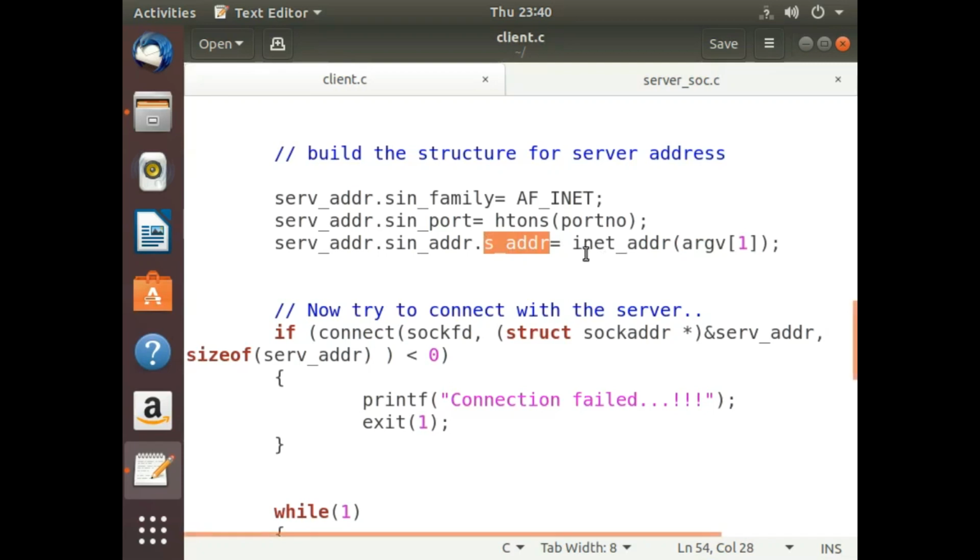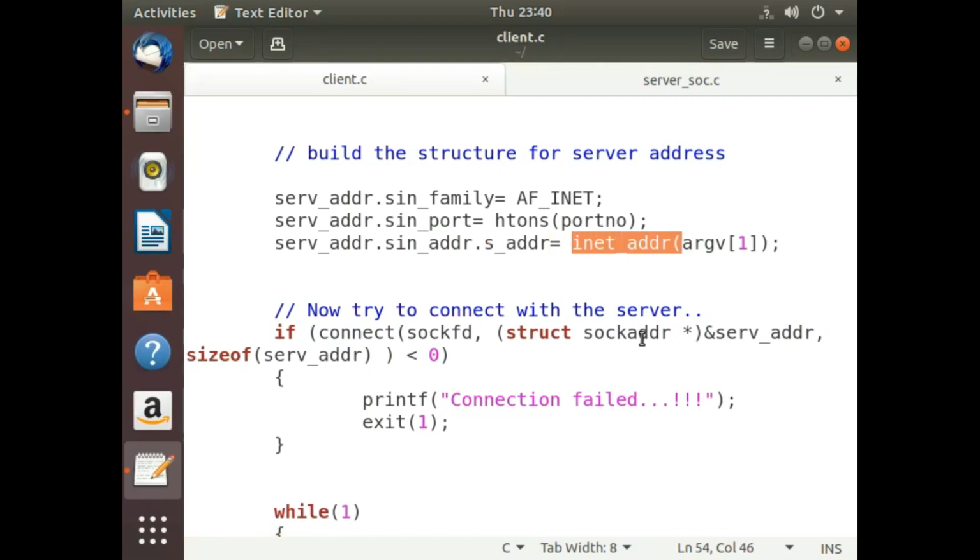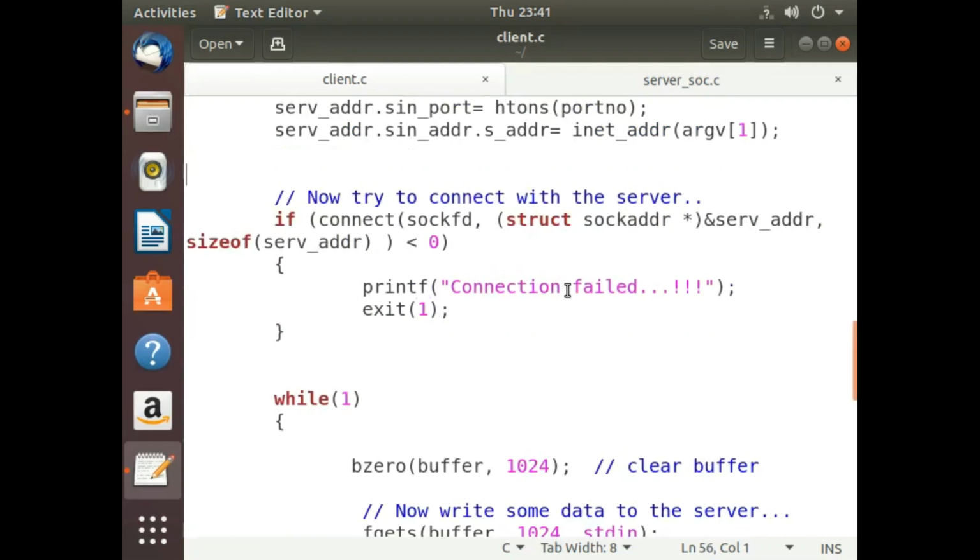And to convert from the string format into that format, we have this function inet underscore addr. Understood? So that is why this function is required, to which we are passing the string IP address. So that is how we build the server's address structure over here.